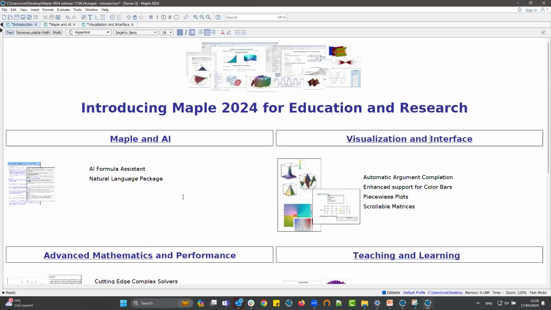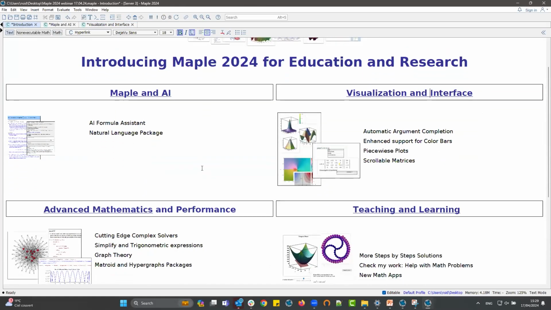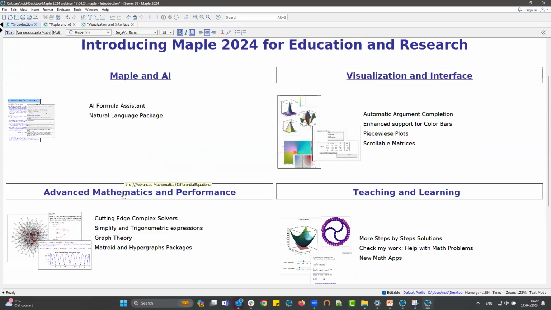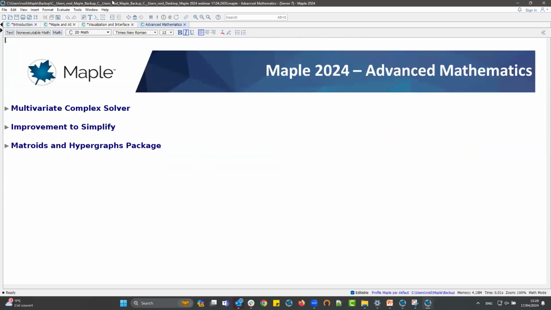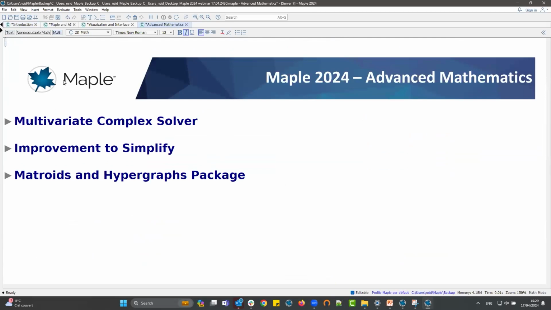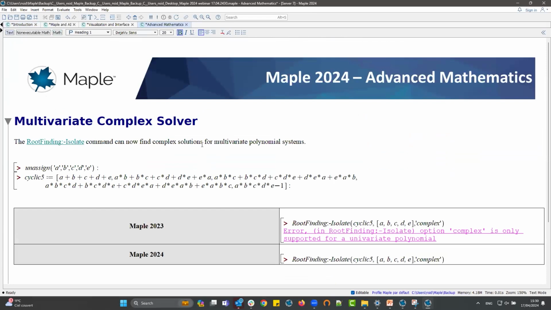I'm now going to switch to the part on advancements and performance in Maple, what we've been doing for this release. So I'm going to zoom a bit. A great improvement in Maple 2024 is the massive improvement we've done to the root finding command isolate. In the past, the solver in Maple was returning only real values. So let's say you had this